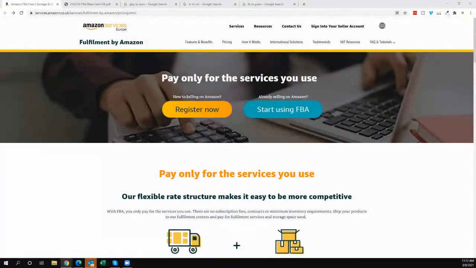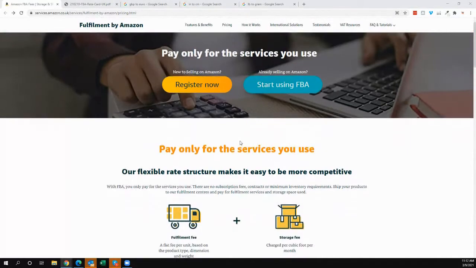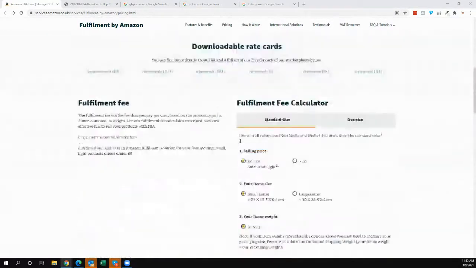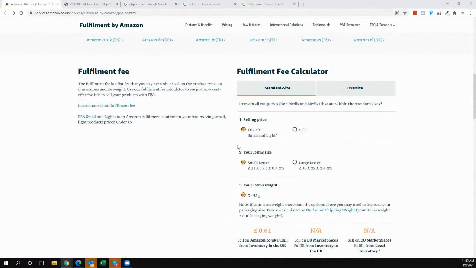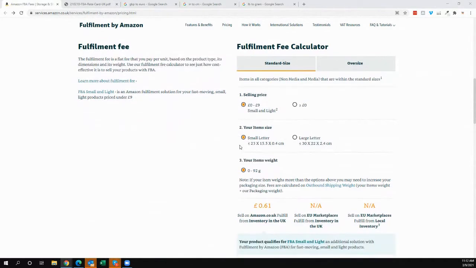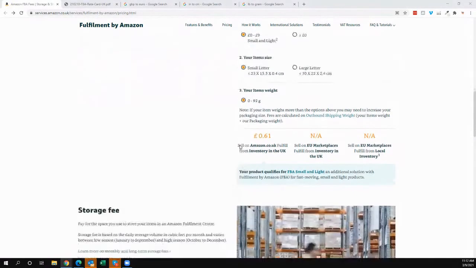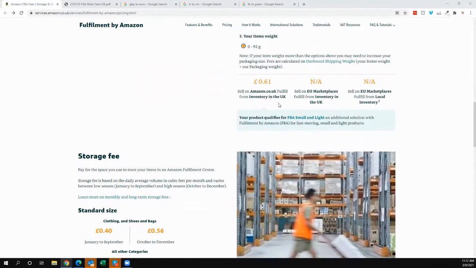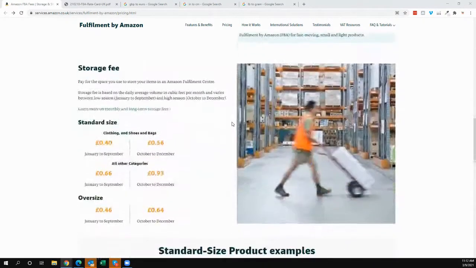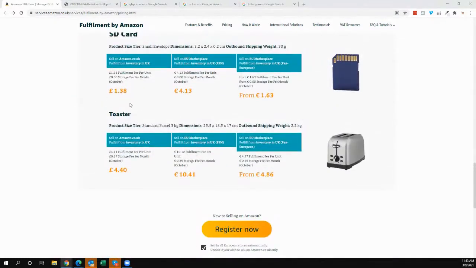So just so you can see here, let me go ahead and share my screen. If you're on this page here, which I'll link to down below, they go into some light detail, I guess we could say, about how their fulfillment fees work. Sometimes it can be a little daunting with all these different terminologies here. But if you scroll down here, you can see that there's basically